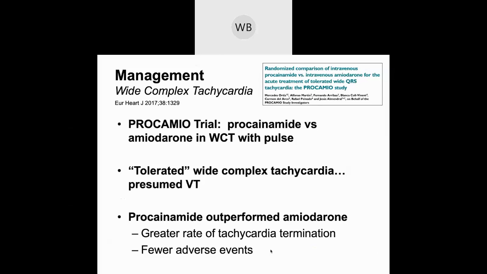Number one, it had a greater rate of tachycardia termination as compared to amiodarone, and it had fewer adverse effects. So procainamide really is quite an older drug that's been around for a long period of time, but it's also quite useful. So always think about this in your hemodynamically stable wide complex tachycardia once you've removed those other entities